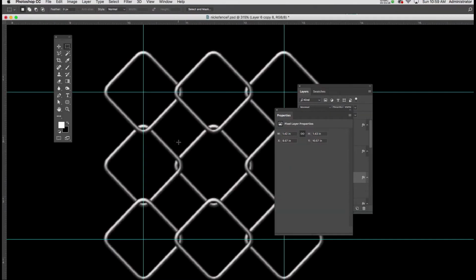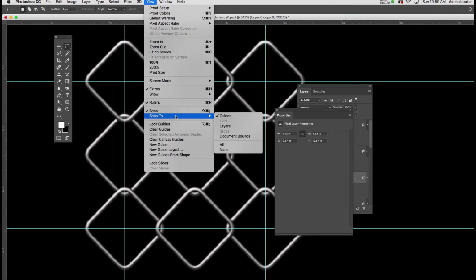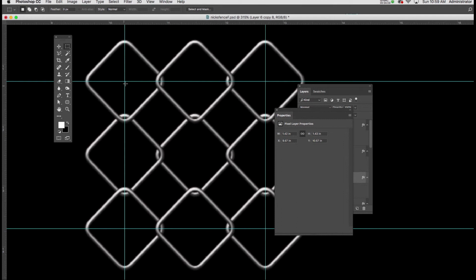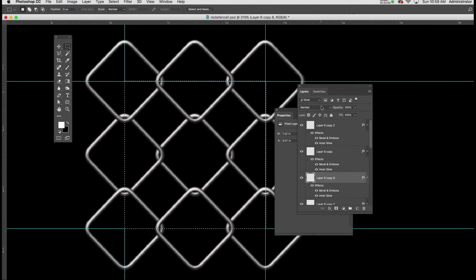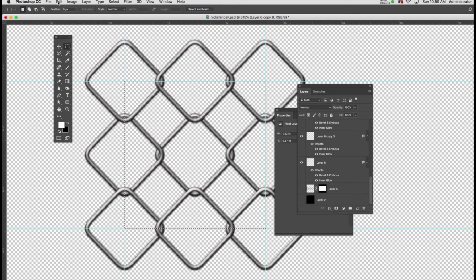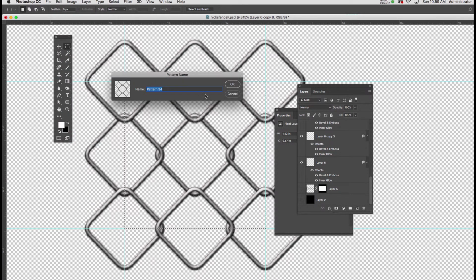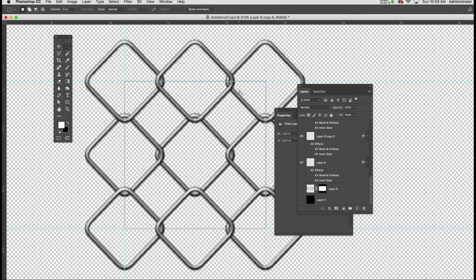I'll hit M on the keyboard, making sure I have my rectangle selection tool. I'm going to go to View and make sure that Snap to Guides is on. It'll just make it a little more accurate. I'll click and drag across to make my selection. I'm turning off the background, and I'll go to Edit, Define Pattern. I'll deselect,